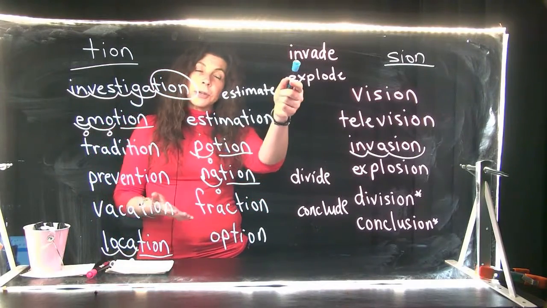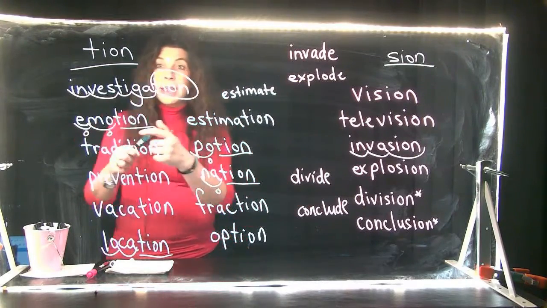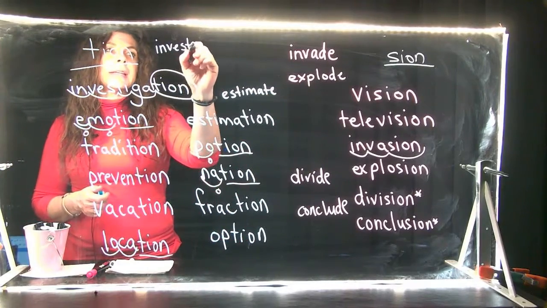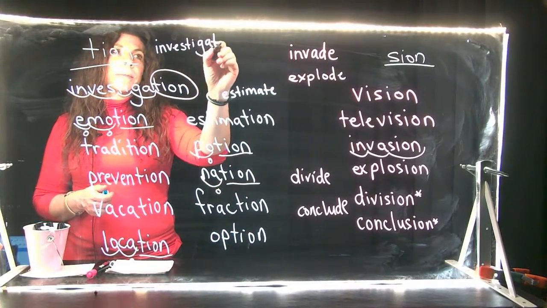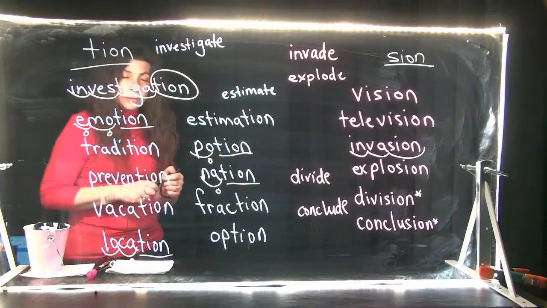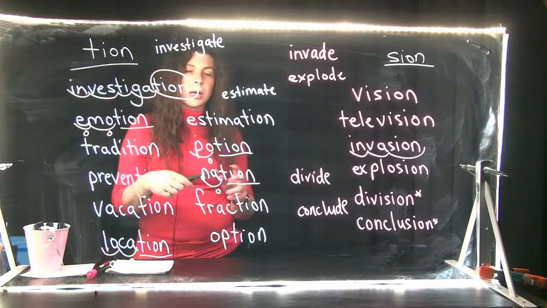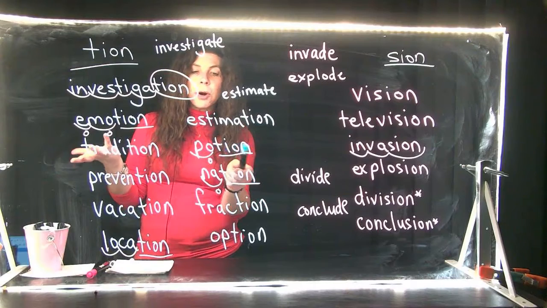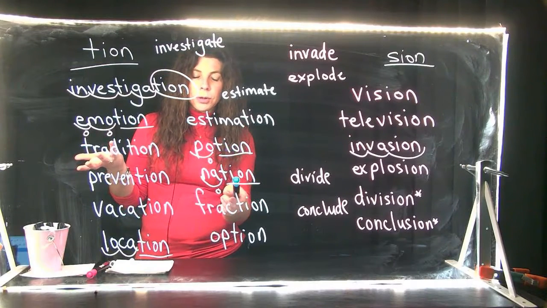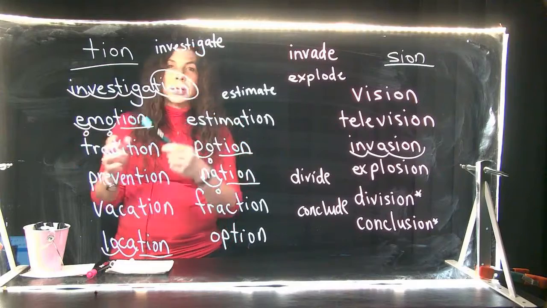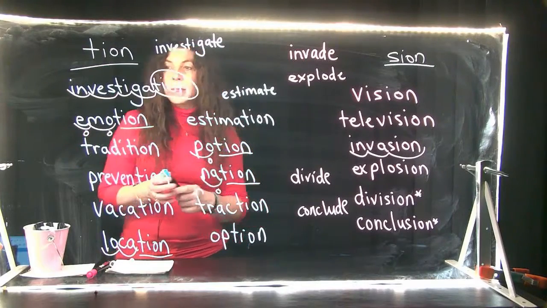look first to see if there is a base word, right? Investigation comes from investigate, and I drop that E. Sometimes not, like emotion, part of the, well, emote, actually. Potion is part of the word. Nation is part of the word. Fraction is part of the word. But sometimes it can be used like a shun,